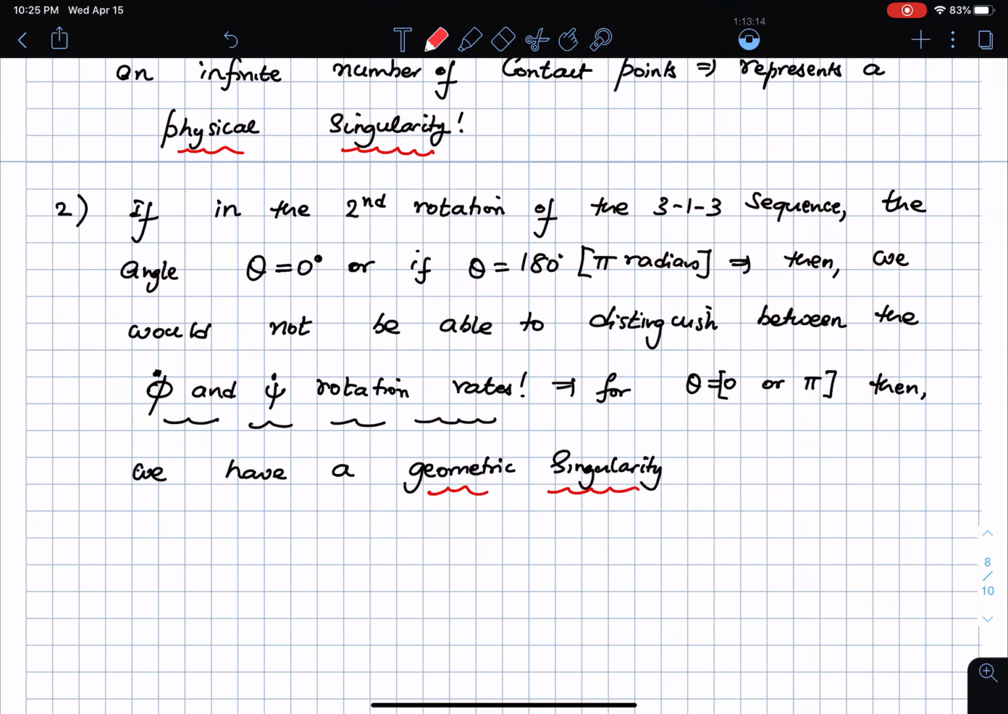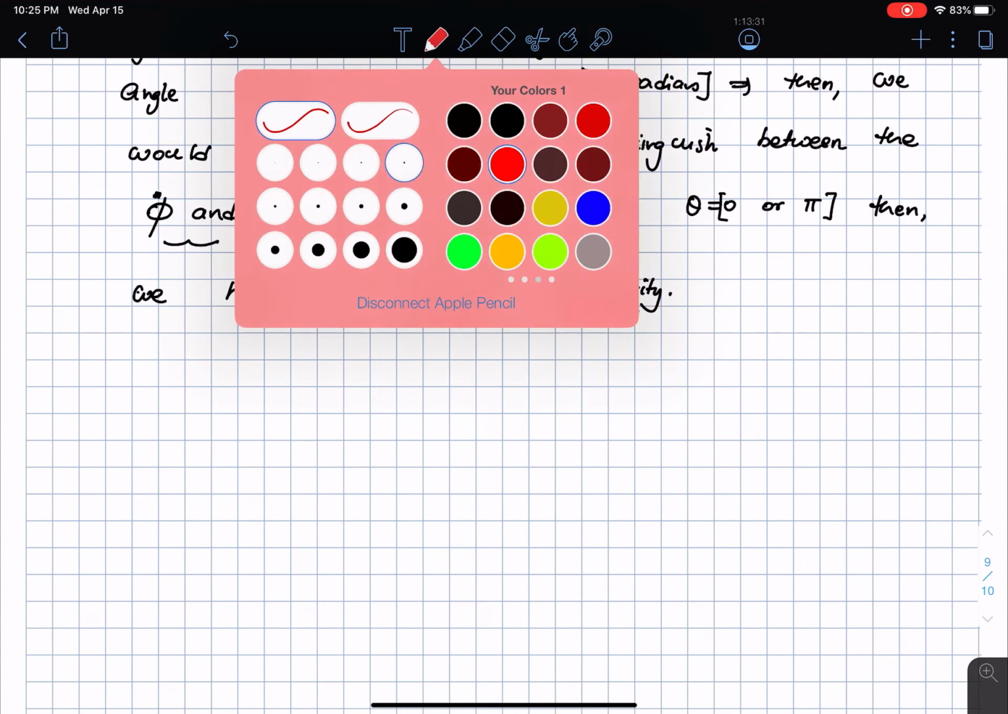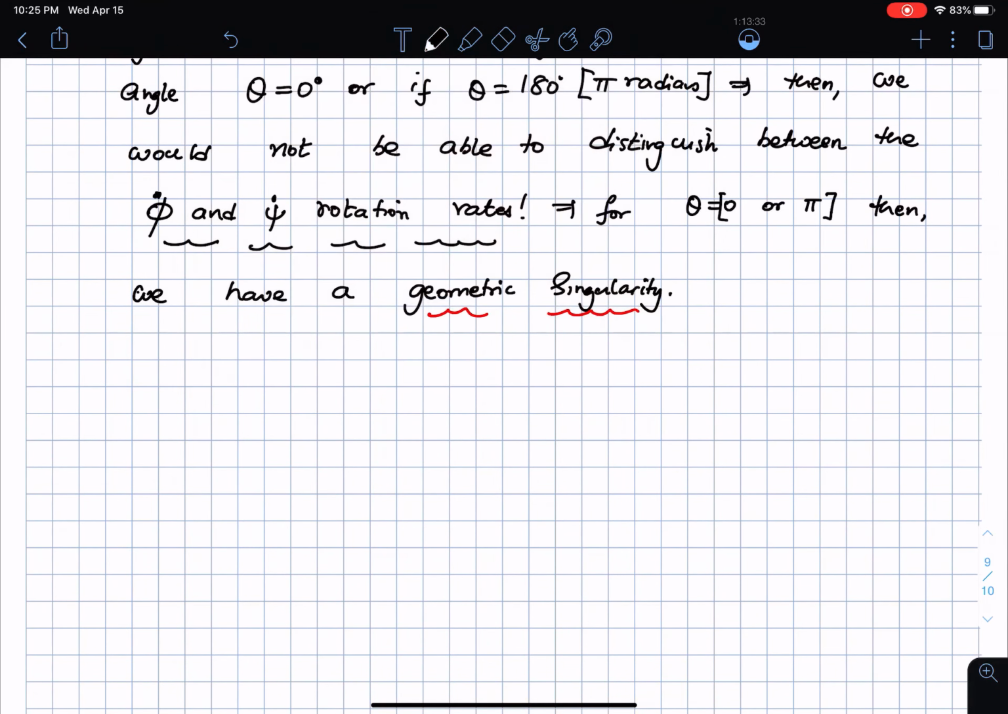This is true of pretty much all the sequences of Euler rotation. If you take a different sequence, then you're going to have a different control angle that will end up having a geometric singularity at certain values, and you will not be able to distinguish between the spin and the precession rate. So once again, if you have a geometric singularity,